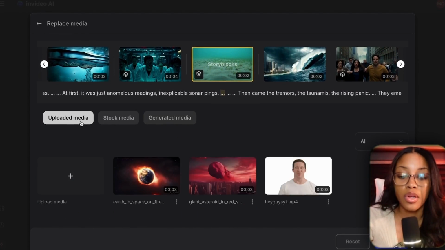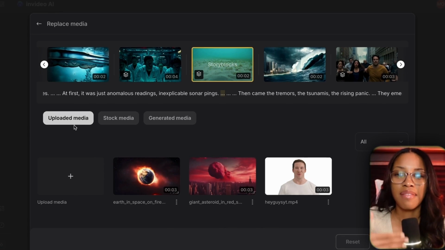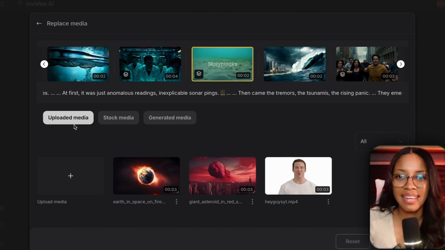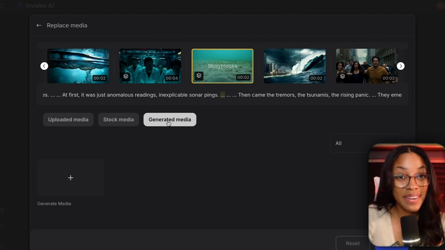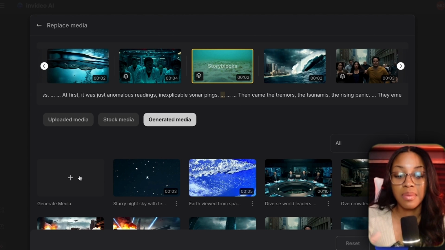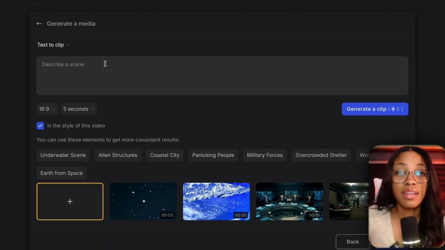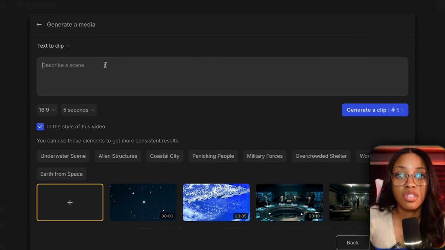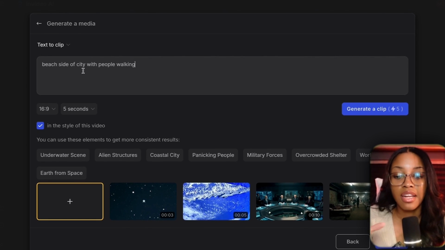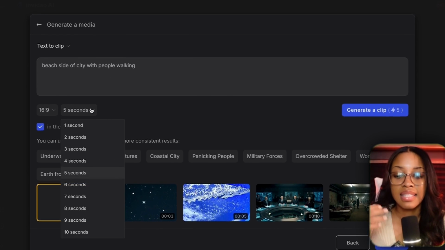You can also upload your own footage, but I don't think any of us would have alien footage in our camera roll, right? So I recommend utilizing the generated media section where you can simply click generate media, and then describe what you'd want it to create just as you would with any other image or video generation tool. So I would say beach side of city with people walking, and then say how long I would want it